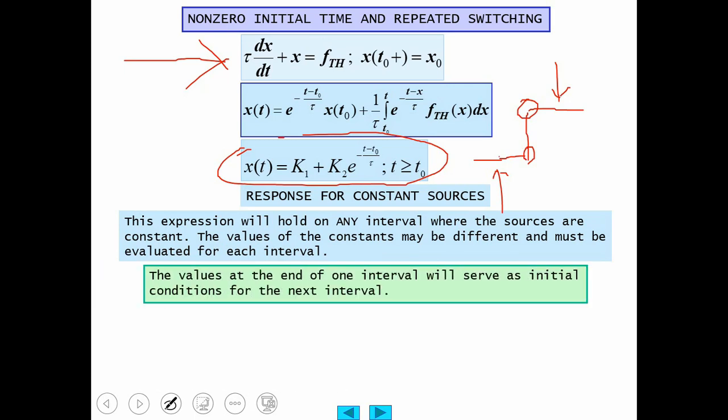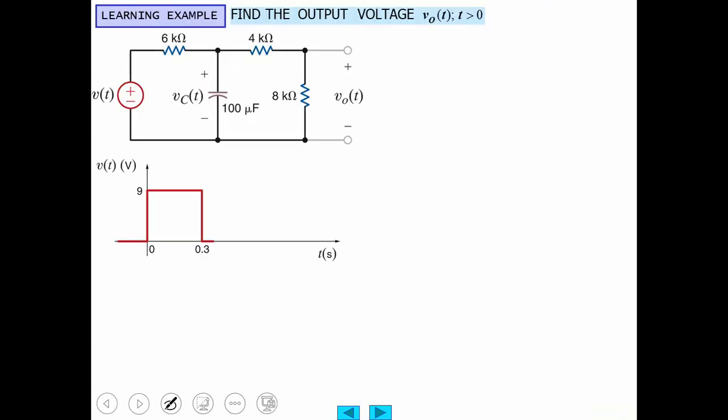Whenever we have a new interval, the values at the end of one interval become the initial conditions for the next interval. So let's illustrate that. Let's see how this works. We have a voltage source. It switches from 0 to 9 volts and then back down to 0 volts at 0.3 of a second. You can think of it like there's a switch. So here's the voltage source,